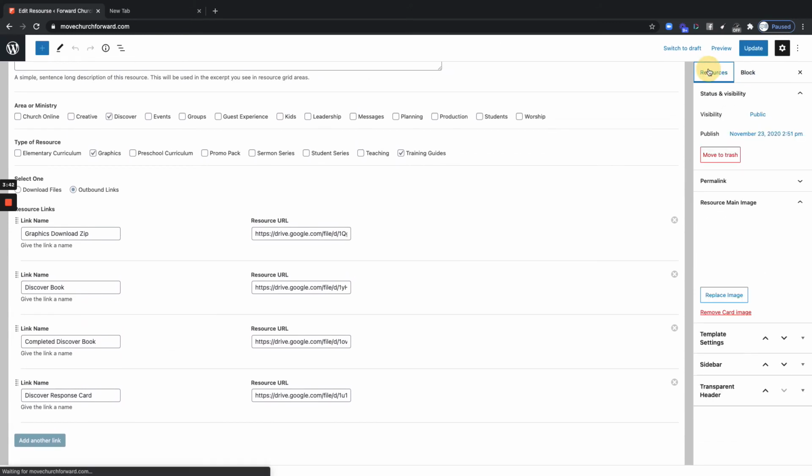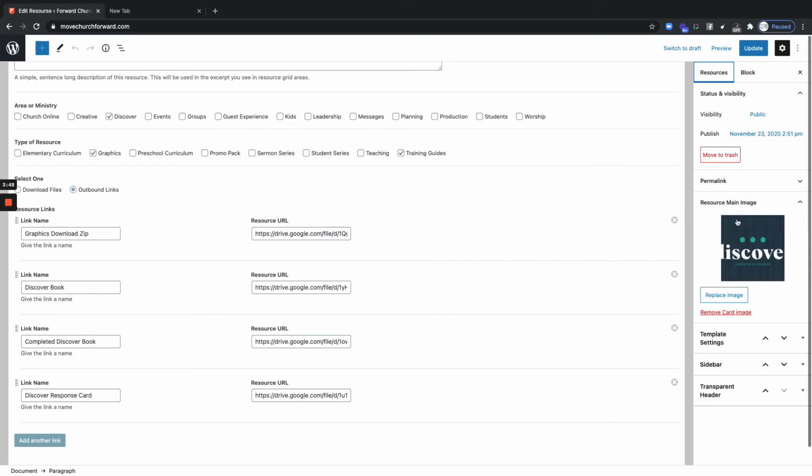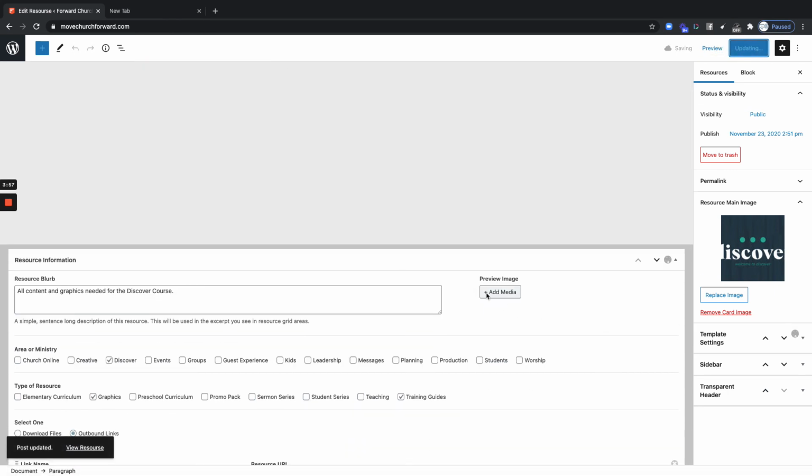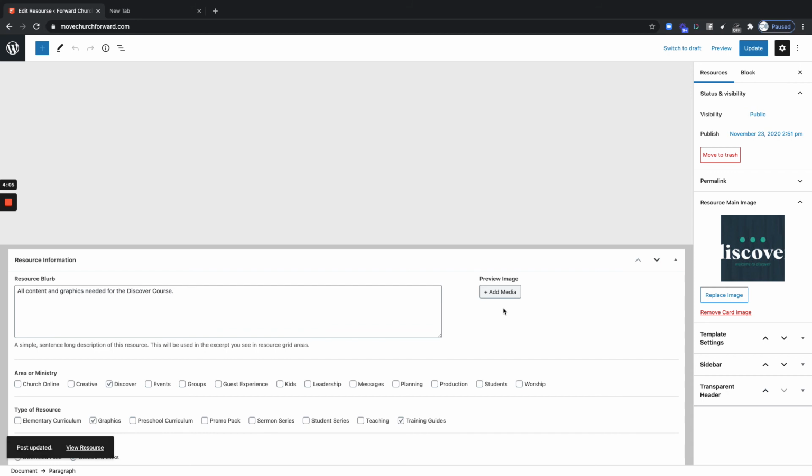And over here we have our main resource image. That's just the featured image for this resource. You have like a preview image. So we were talking about, I don't think we're utilizing it presently, but like previewing a PDF, like seeing part of the PDF. So you want your resource image to be like